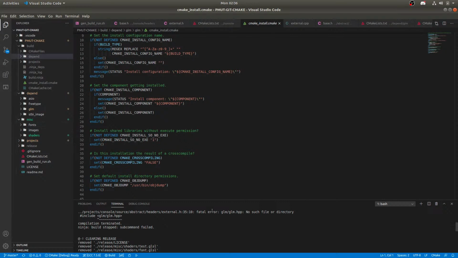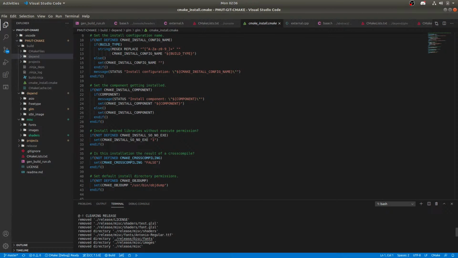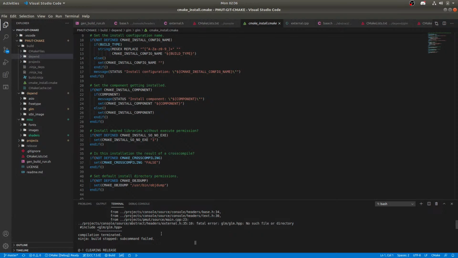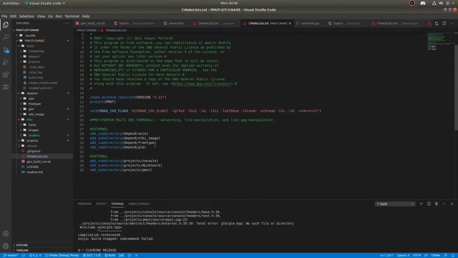I'm confused as to why it's not working. Like why do you not? I mean, I know why, but I don't know why they can't. Okay, well, let's look at the very top. Because it has to be in the CMake files if it can't detect it. So, if we go into ASIO, that makes the library, makes STBI image, free type, GLM, then we go to prep, then we go to console,